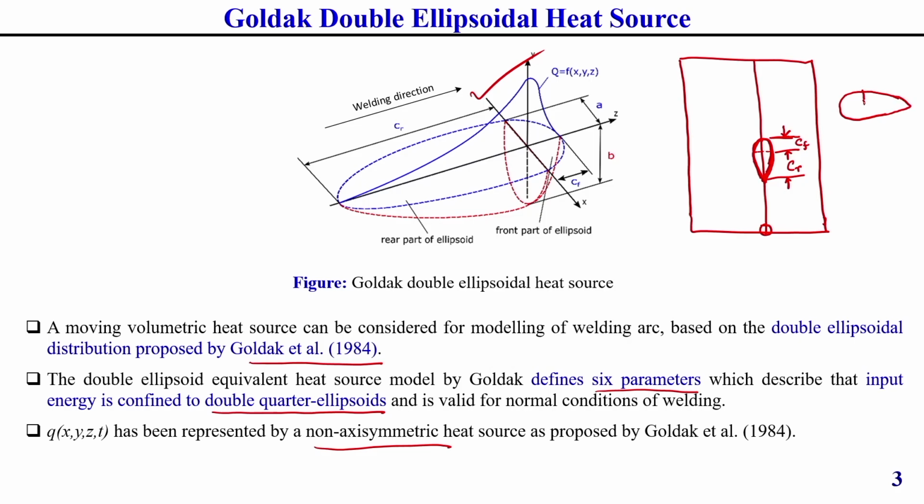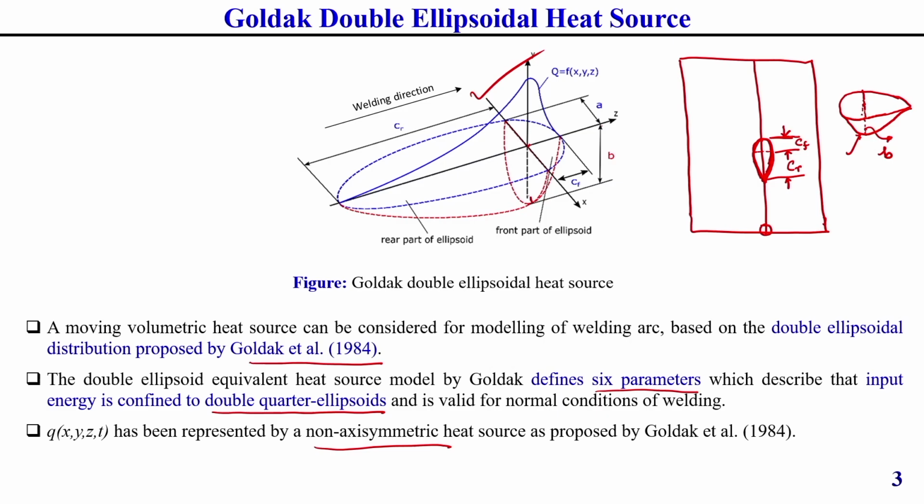So, this is the front part ellipse and this is the back part ellipse, and along the thickness direction you will also see another ellipse. Let us consider the thickness of this ellipse is through the thickness of the penetration, that I am showing here. You can see from here to here, this is the distance through the thickness, how much penetration there is from here to here, which I am representing as V.